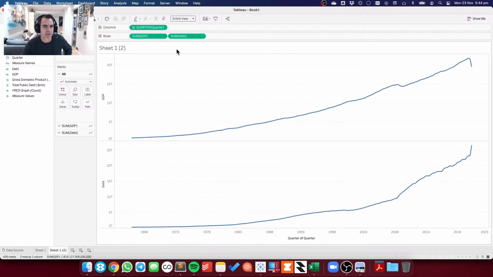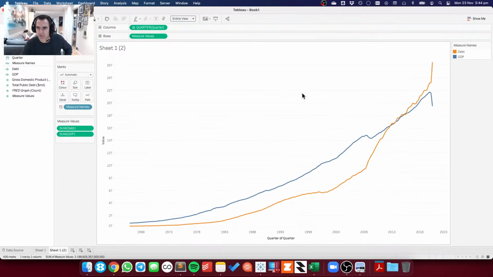Okay, so let me duplicate that, and on this sheet now I'm going to combine them, and we can see where they crisscross, which is pretty cool. And you can see we've got a couple periods where the debt exceeded, but then it came back down, and ever since, it looks like around 2015, the debt has exceeded the GDP. Sad. Okay. Very good. So let's just keep going through some of these.